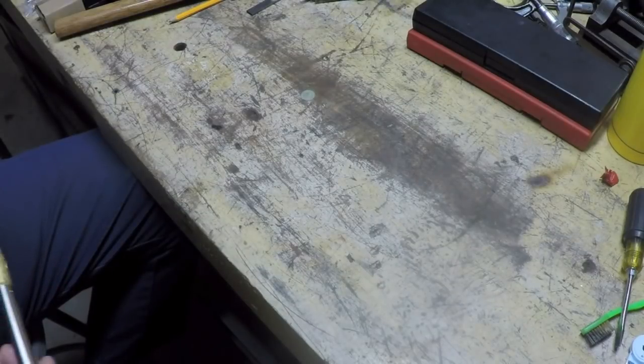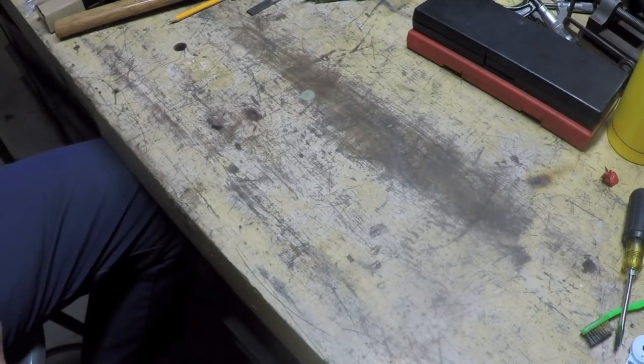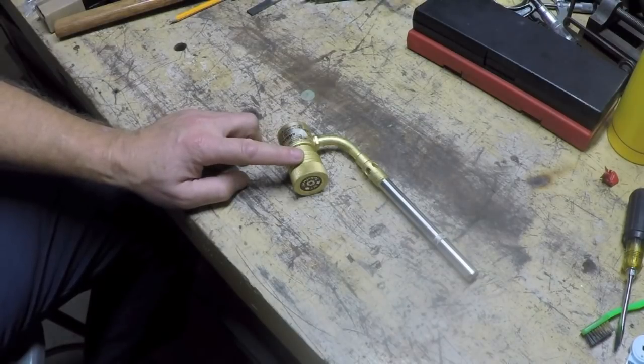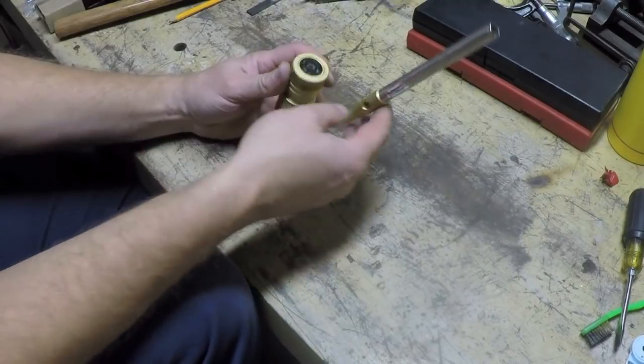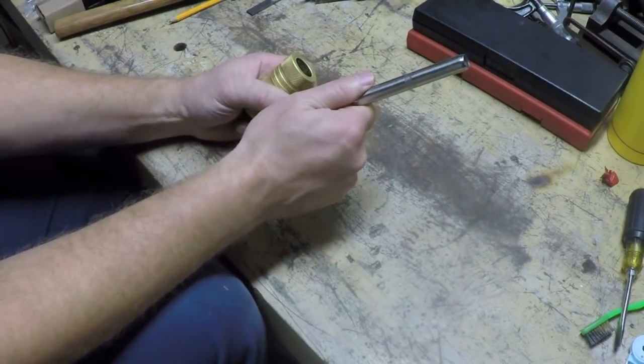the used tool store. I was going along, and it was kind of funny that I was thinking about picking up MAP gas on the way home that day, and what do I come across? This little slice of heaven right here. So when I first spotted it, I was like, oh, well, that might be handy. And then I was like, oh, you know what? I like this because